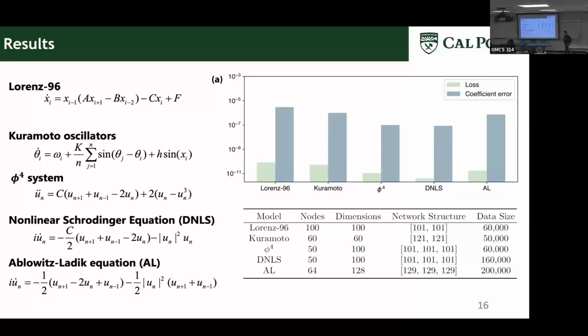Why are there 3 for the last 3 rows, why is it 1 on 1? Oh, so for this one, they have cubic terms. So we really use 3 layers. The number of layers is kind of equivalent to the highest order of nonlinearity here. But we have tried it, and in this one we go with 3 layers, and it also works. Oh, so that's a list of how many neurons. Yeah, sorry, I didn't talk about that.